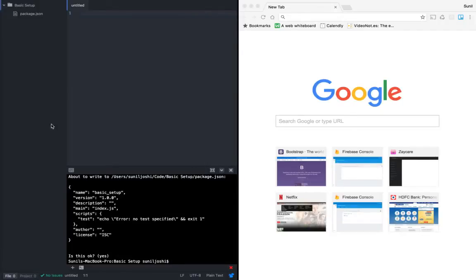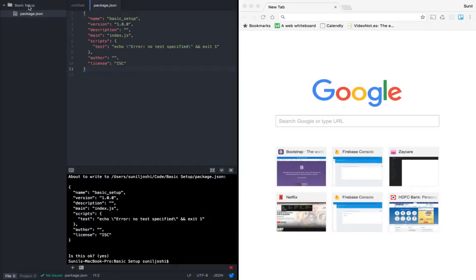So you should see a package.json out here. If you look at this file, it has the name of the project, the version, the main file we're going to run, and author, license, those things. It also contains all the dependencies I'm going to install in this project. You can also see the scripts. The npm scripts which I showed you a minute ago, we're going to write some scripts to start our project and do some linting and all those things. So this is our metadata file of our project.